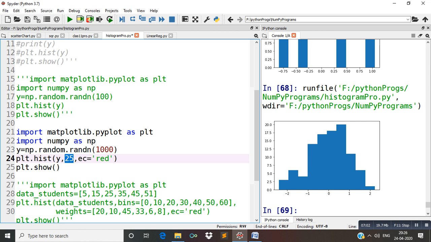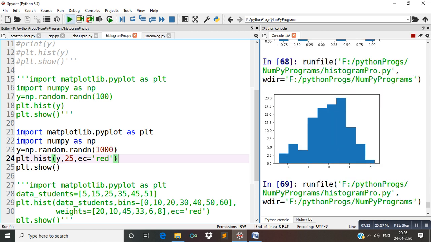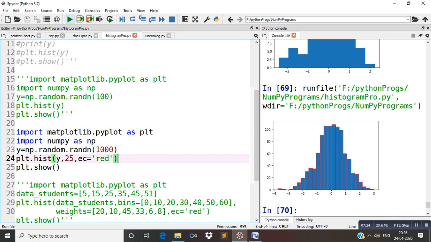And one more parameter I have used, EC means edge color. Now I execute this program. See beta, what is the output? Here you can find 25 bars because this value is 25. This is for bins, and hist is used to form a histogram.